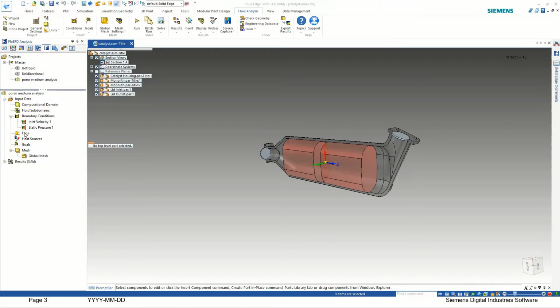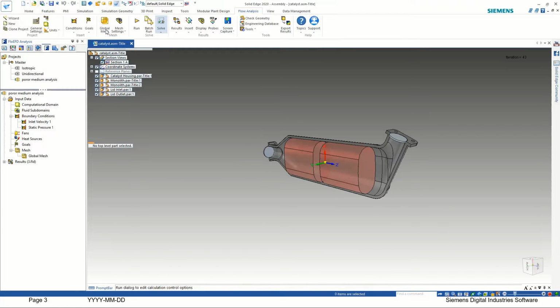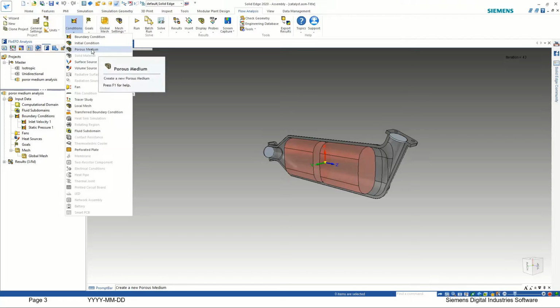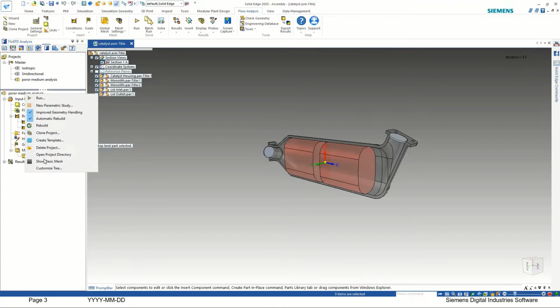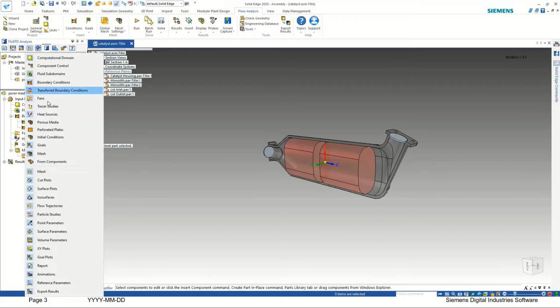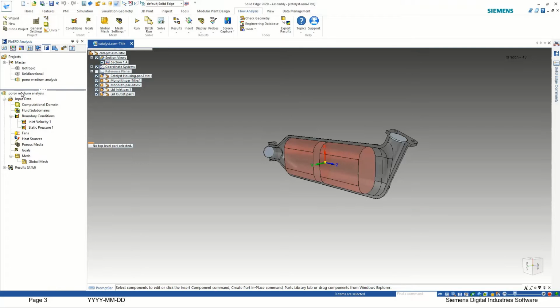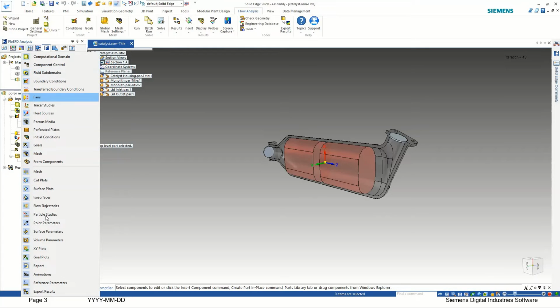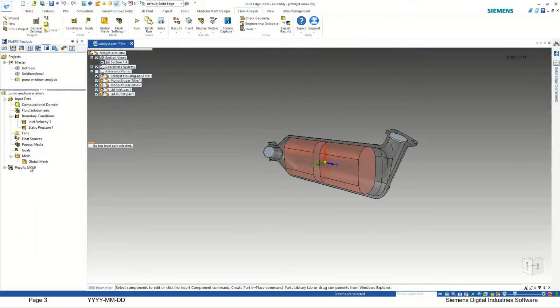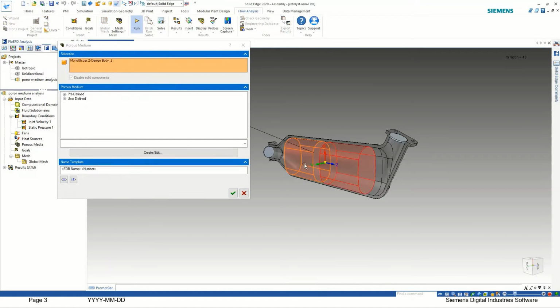After the application of boundary conditions, we have to apply the porous media. Okay, so here we have porous media with us. You can go to condition and you'll see it here. You can add any component in the tree also. You just have to right click on the project and click on customize tree, and you'll get all the other options which you can add in your simulation tree. Okay, so here you have the porous media option. You can click on inside porous media, and select those components. We have multiple predefined materials. You can check,